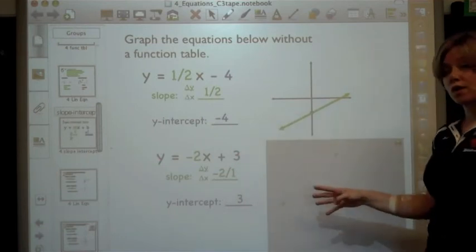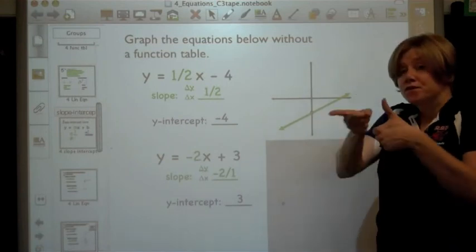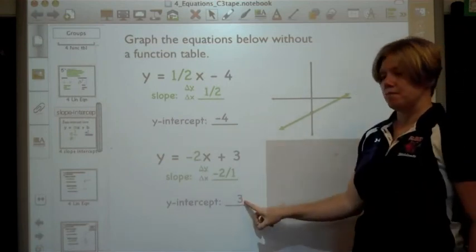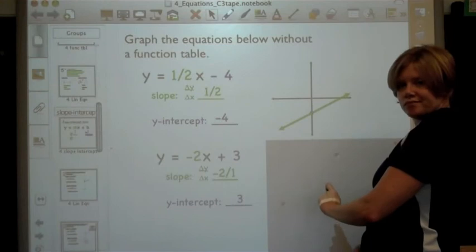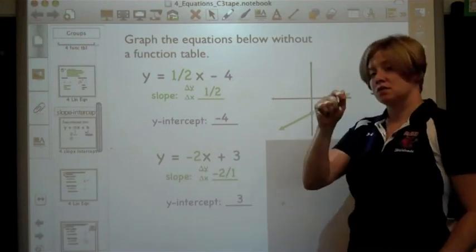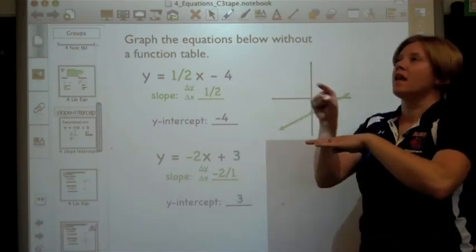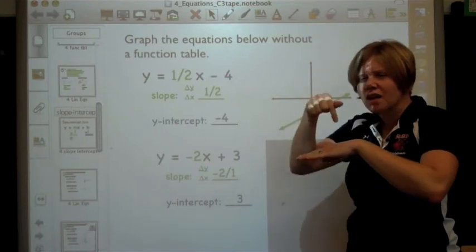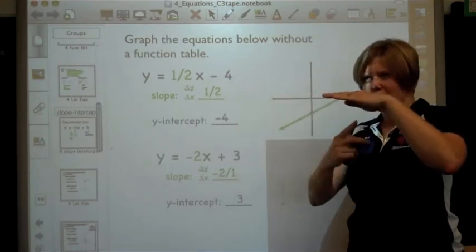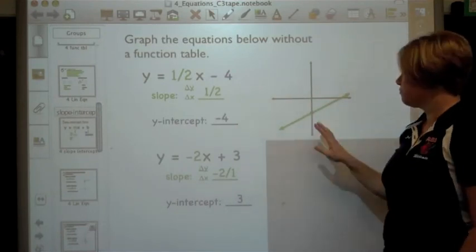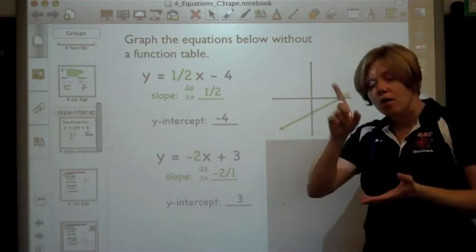So over here on the graph, I'm going to remind you, first start with the y-intercept and put a dot, and then use the fraction, the slope. The numerator is a -2, so you go up or down, and the 1 is to the right one place. So you graph it, and then tomorrow we'll check and